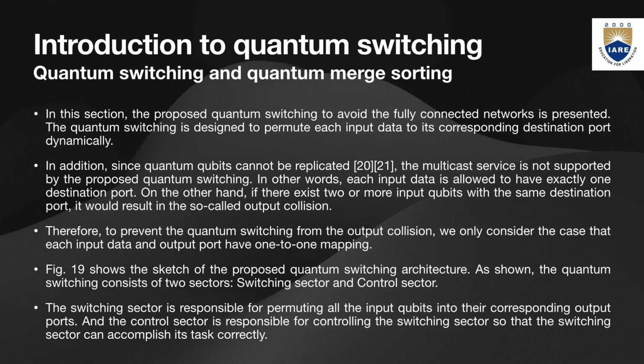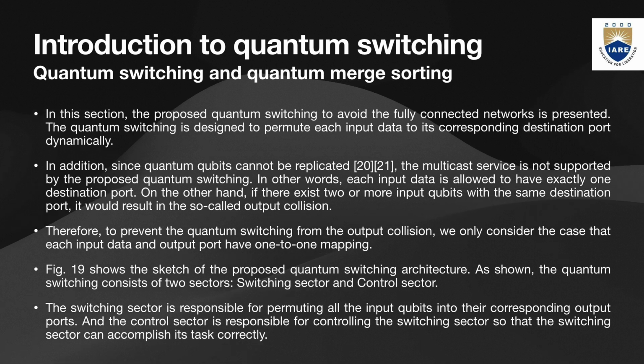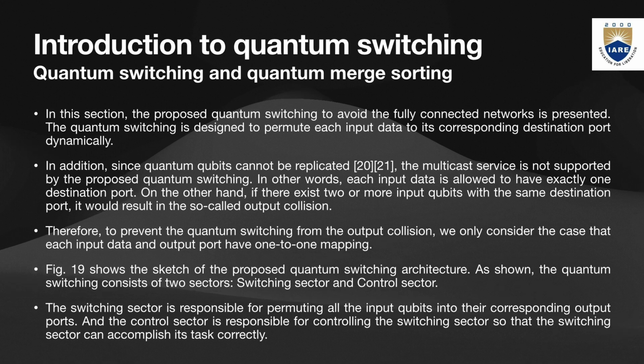Therefore, to prevent the quantum switching from the output collision, we only consider the case that each input data and output have one-to-one mapping. So figure 19 shows the sketch of the proposed quantum switching architecture. As shown, the quantum switching consists of two sectors, switching sector and control sector. The switching sector is only responsible for permuting all the input qubits into their corresponding output ports,